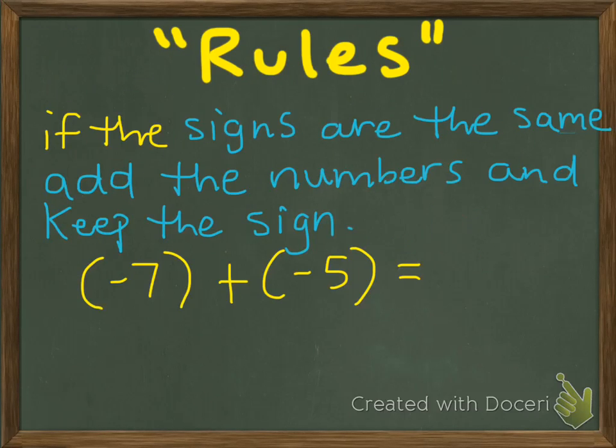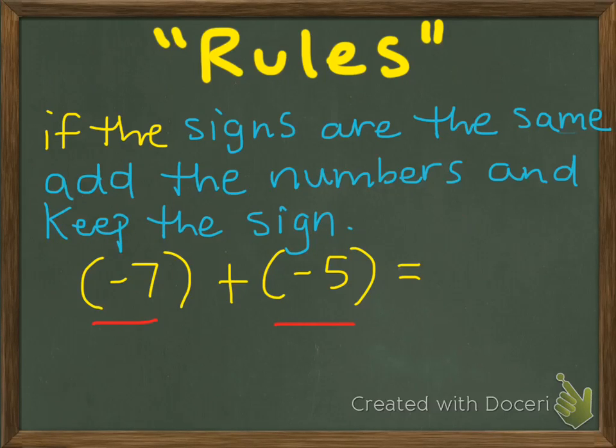There's also some rules. So rules are kind of things people have figured out, determined will always work. Some people like memorizing rules. Some people like applying it to number lines. It's totally your decision. So here's one rule. If you notice that you have a question like this one where the signs are the same. So we have a -7 plus a -5. So what the rule says is that